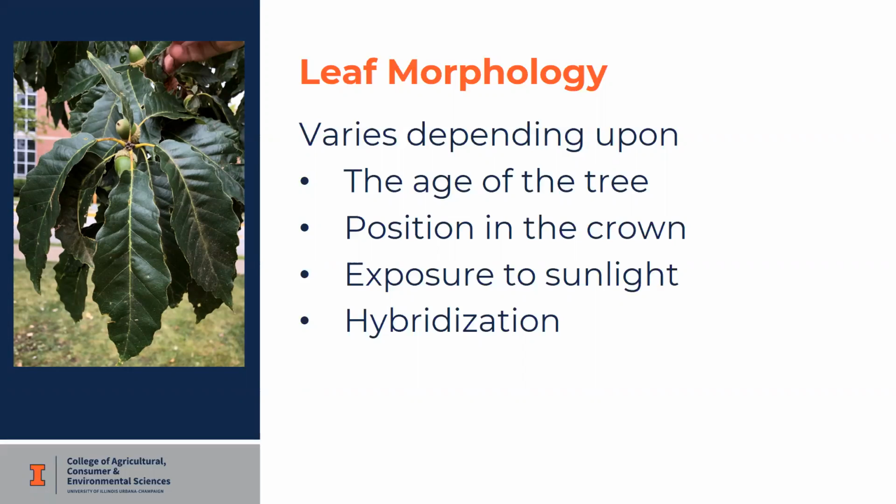I'll start with a few leaf features, but ultimately what I really want you to focus on is looking beyond the leaves and looking particularly at the buds and stems. Leaves are helpful, but they're not always available. As we're coming out of winter, we didn't have them for the last several months, but they're also not very definitive. As I mentioned, they can be quite variable between different plants and even within the same tree. If you have leaves available, they may provide that kind of instant recognition or help you get started in the right direction. But I'd really like to have the group start to focus on some of those bud and stem features as well. But as we look at some of the leaves, one important characteristic,